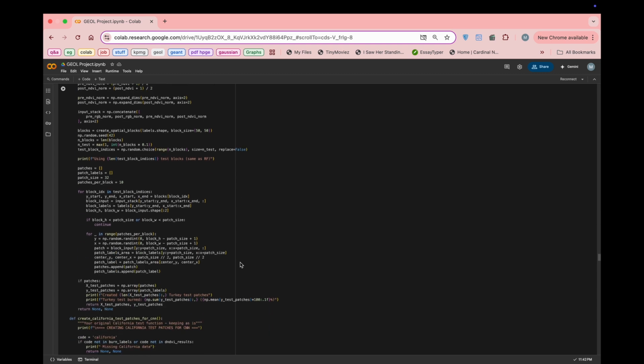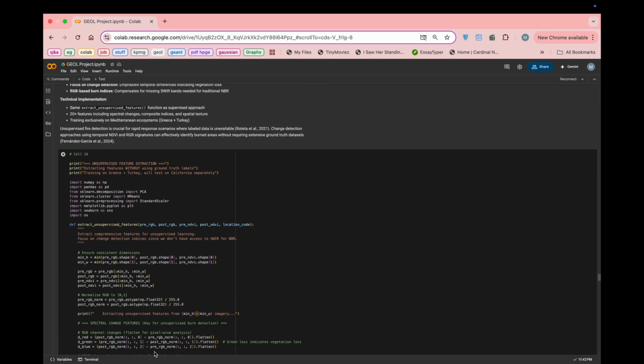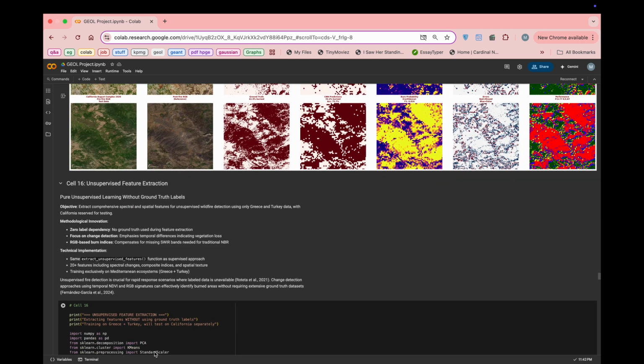And then moving on as well, we want to see a visualization. We've provided a comprehensive CNN evaluation, including both patch-based results and pixel-level reconstruction. And moving on to Cell